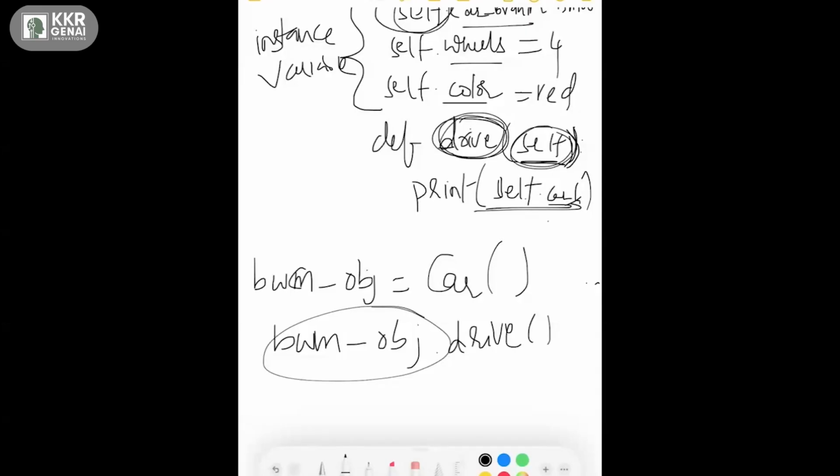And here I'm calling self dot car underscore brand. As I said, this is the BMW object, and for this BMW object I have all the values.